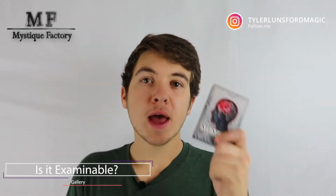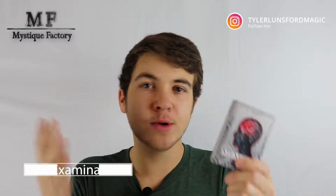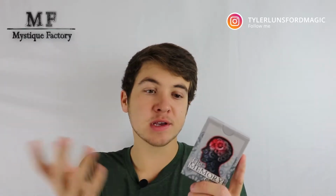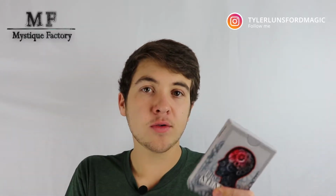Is this examinable? Yes, for the most part, this entire deck is examinable except for a few cards, but you usually leave those out and you wouldn't let your spectators hold those anyways. But for most of the time, yes, they can handle this entire deck. They can shuffle it, they can examine it. As long as you don't have any of the gaff cards that they include in there, the rest of the